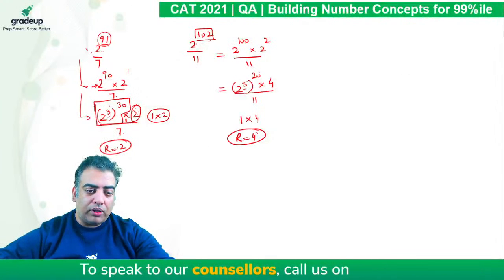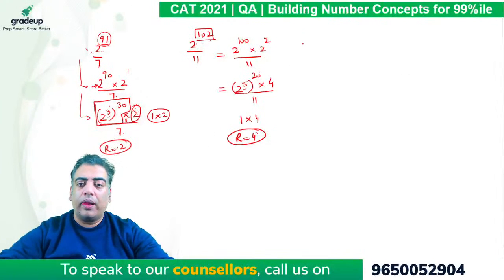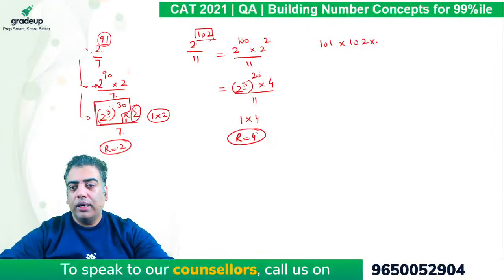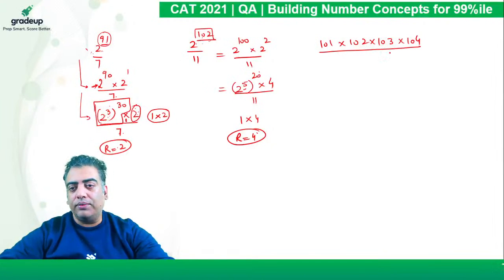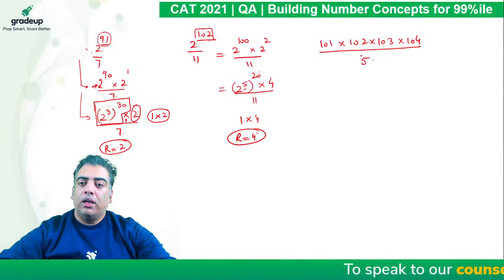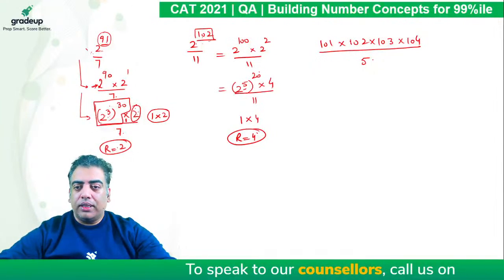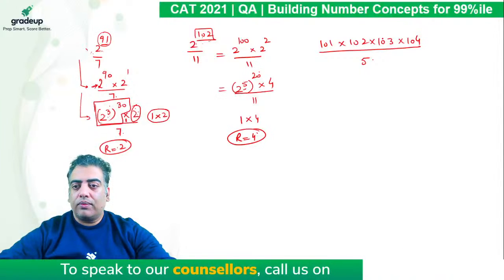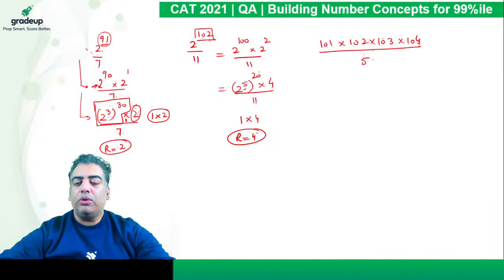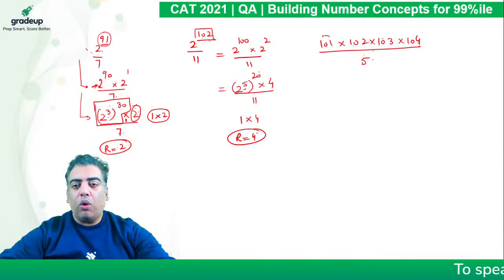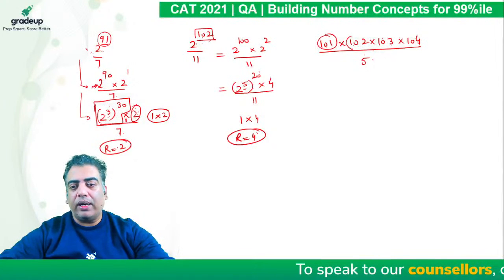Now, let's say you come across this: find the remainder when 101 into 102 into 103 into 104 is divided by 5. So it's a very basic example. The size of numbers can be any. In order to find the remainder in such a case, you need not multiply all these four numbers. What you just need to do is divide all the individual numbers by 5 and find the remainder,